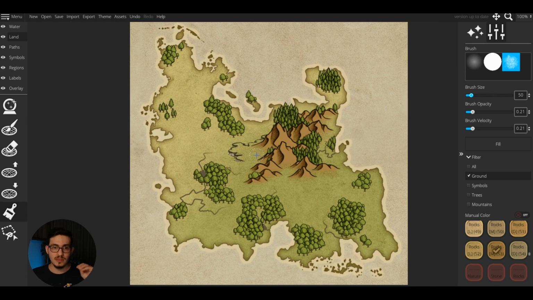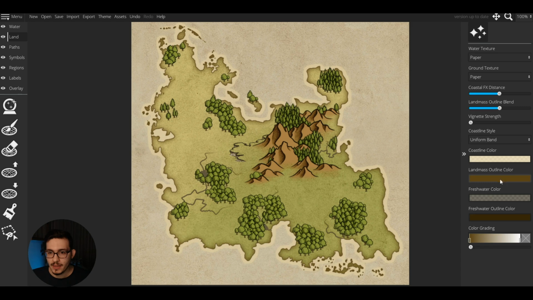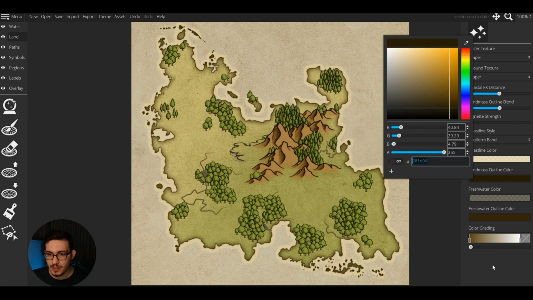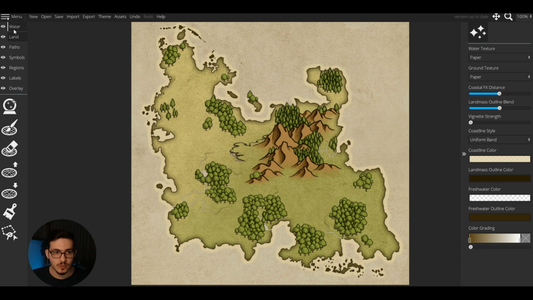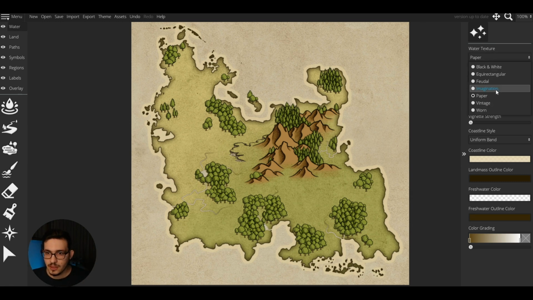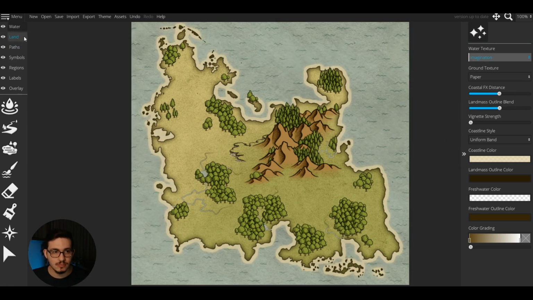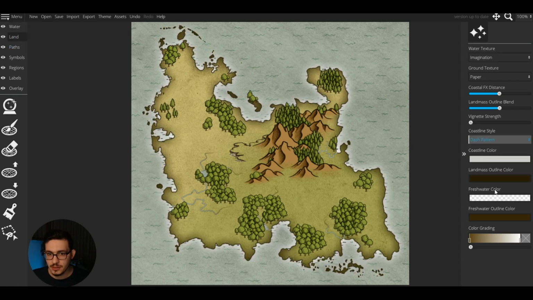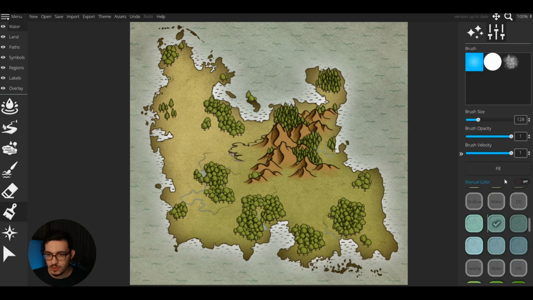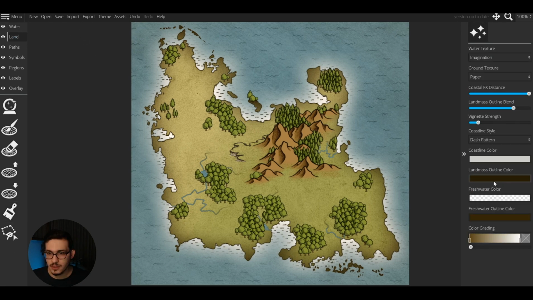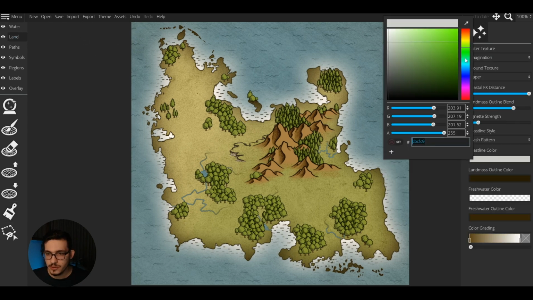And let's also play a little bit with the coastlines and make them darker like that. Change the freshwater color to this, because we are beginners, right? So let's use practical things. I will go with this. See, it's gonna look much nicer now. Change the style, dash pattern, change these. In a tiny bit of time, my map already catches more attention. For water, we can also add a bit more color to it. Yeah, I like this. Let's change the coastline color also.